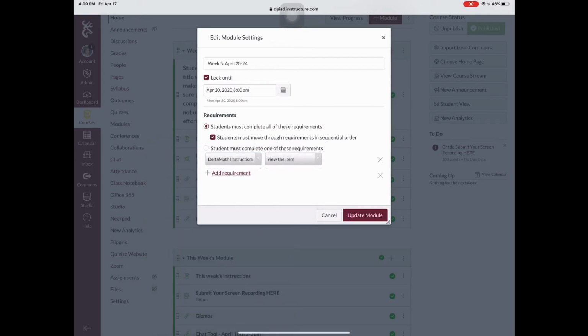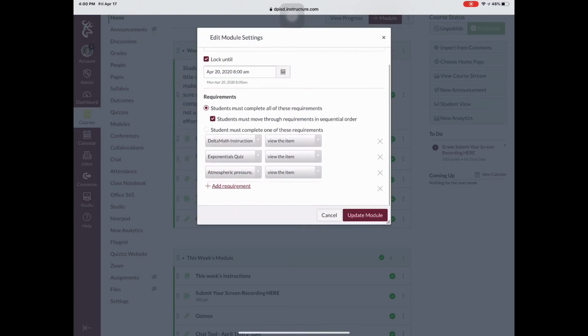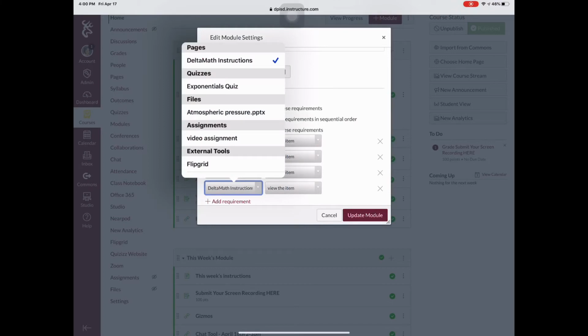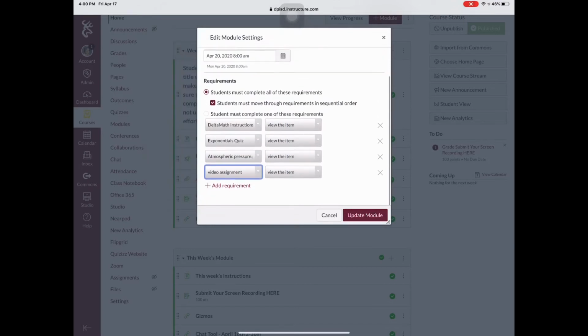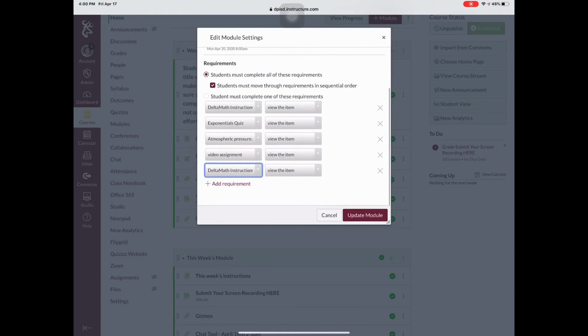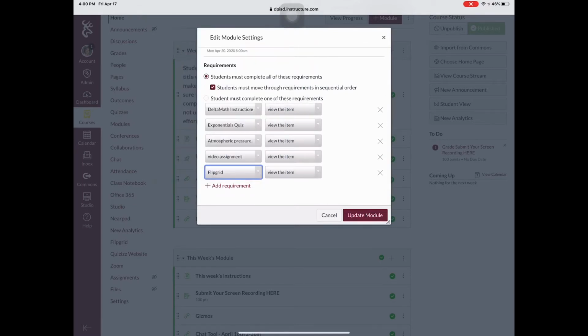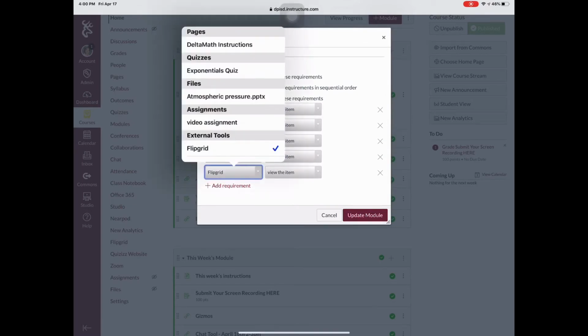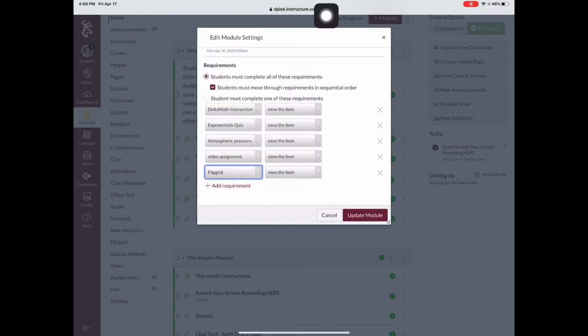I'm going to add another requirement and set it for the second thing, and add a requirement and set it for the third thing, add a requirement and set it for the fourth thing, add a requirement and set it for the last thing. So this list of things are in this order in the module. And so that's all I've done, is I've added the requirements and I've set everything in the order of the